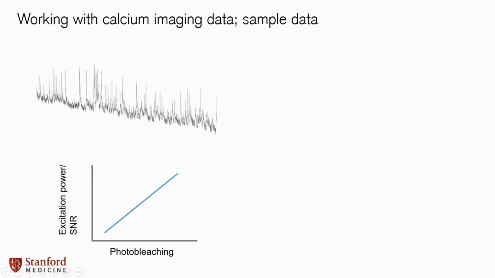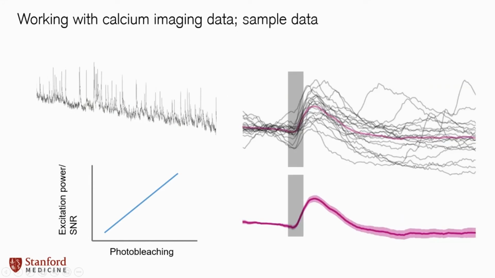But if you can imagine little ultrasound events happening and then stacking up all of those events relative to your ultrasound stimulus. So here is me looking at the thalamus in response to ultrasound, which is this gray bar here. And I have 20 events to look at. They're all super consistent, and you can see that they work. And I'm taking the baseline and normalizing it out to this pre-period. And you can then take an average of that over time.